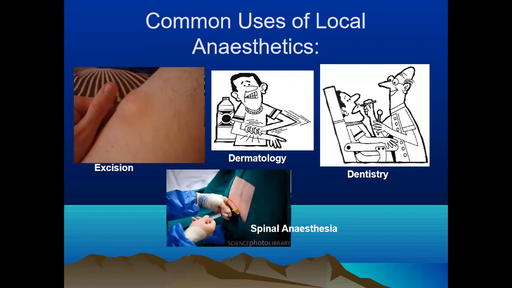Okay, good. Now, this is another discussion today about pharmacology in anesthesia. We are going to focus on drugs which are used in anesthesia. For example, you have come across somebody who is having tissue excised from the body; the drug applied there so that the person does not get pain is a local anesthetic. Or for example, in dermatology, in tattoo, in dentistry, or sometimes in spinal anesthesia, we will briefly focus on this type of drugs which are used in these activities so that the patient becomes comfortable and does not have a sensation or pain, for the activity to be effective